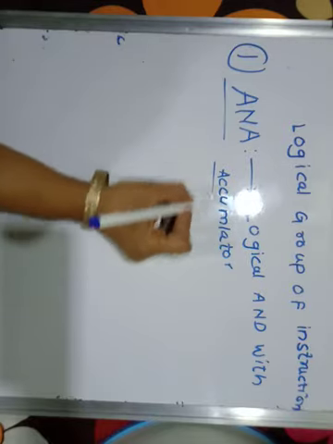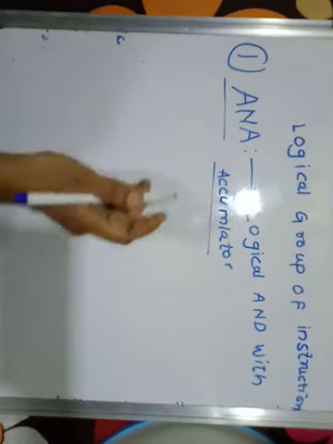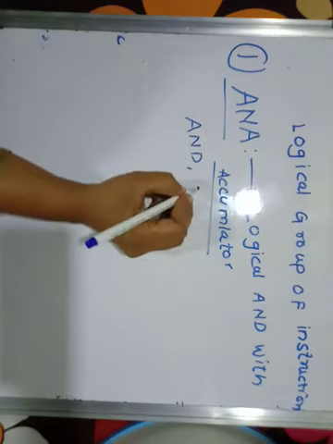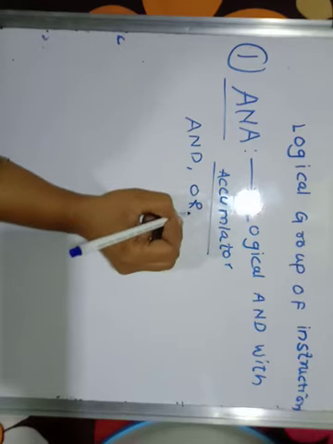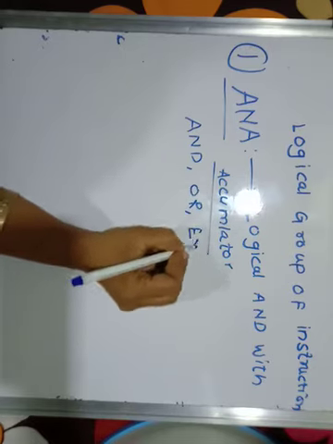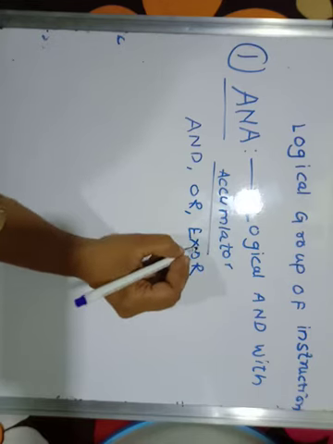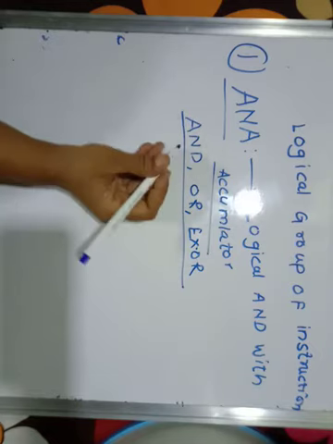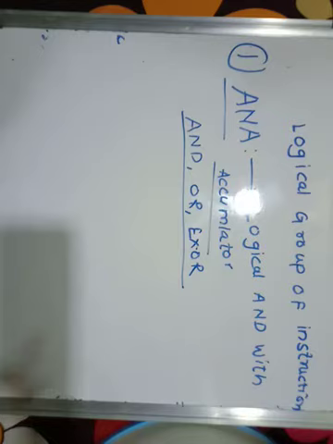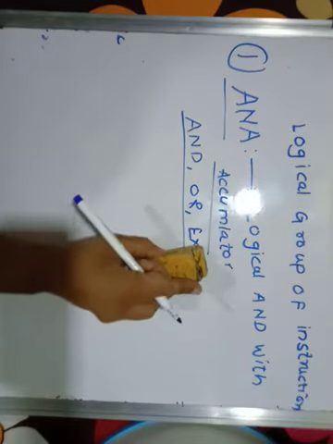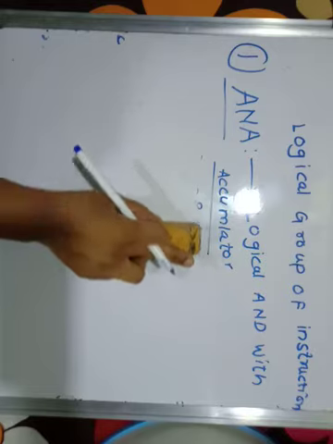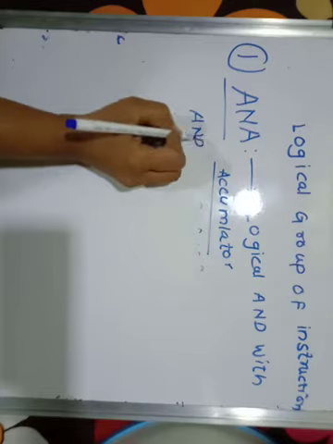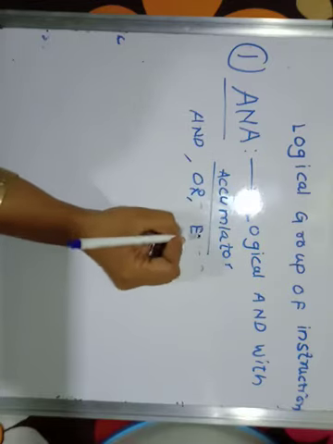See, in case of the logical group of instruction, we have different basic gates that we have seen in the last year, that is AND, OR, then XOR. So all these instructions are based on these three basic gates. In case of that, we are going to see the truth table, means with the help of the truth table we are going to solve all these instructions. So we should know the truth table for AND gate, then OR gate and XOR gate.